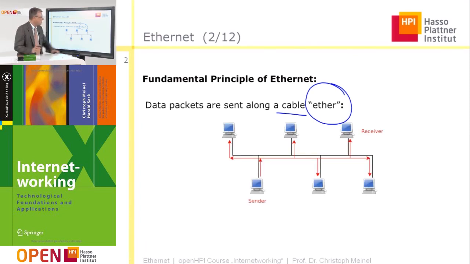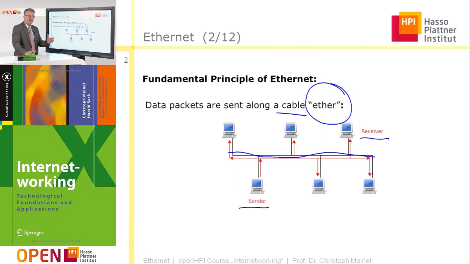So we have here the bus, which connects all the computers with each other. Each computer is connected to the cable by means of a simple mechanism. And if we, for example, consider here a sender which wants to send data packets to this computer as